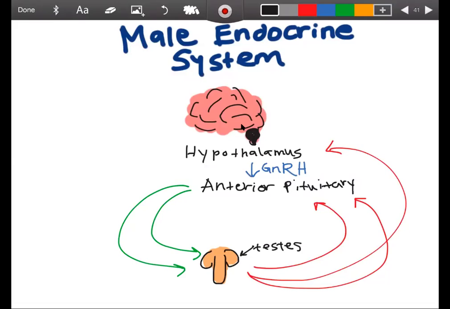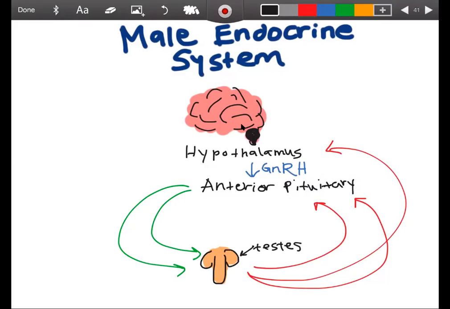And then the lecture video also talks about the male endocrine system and the female endocrine system. So I just wanted to go over the different hormones that are involved in these processes. A really great example and diagram is included within that video, so this is kind of where I pulled it from. But essentially,